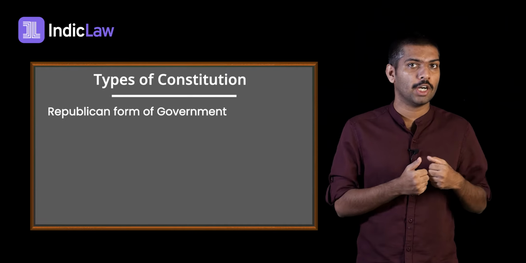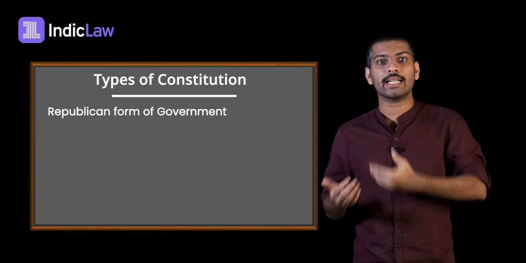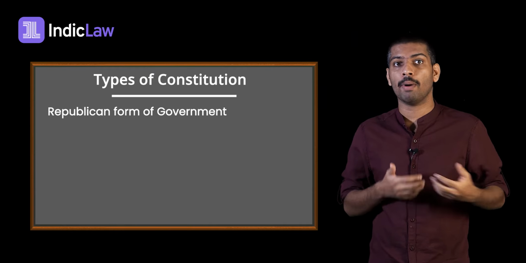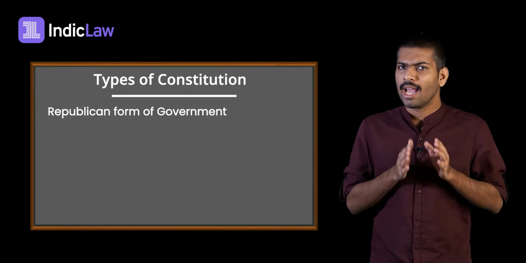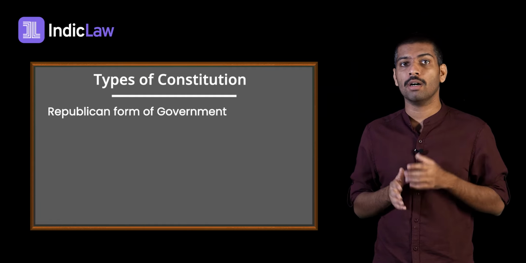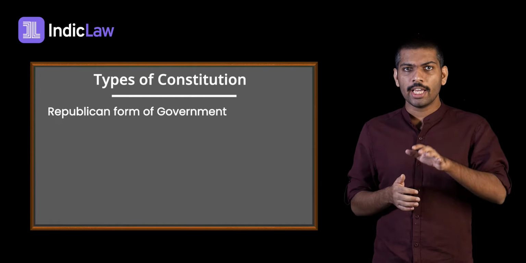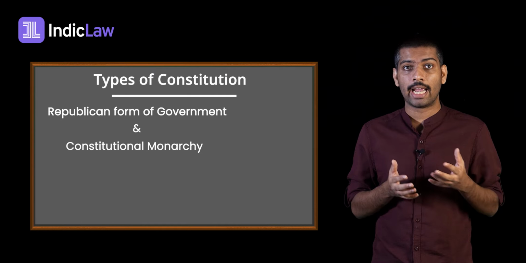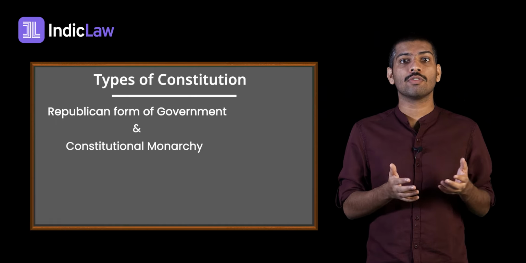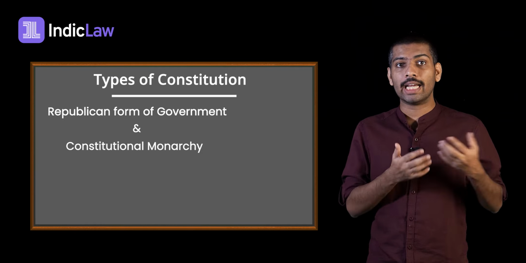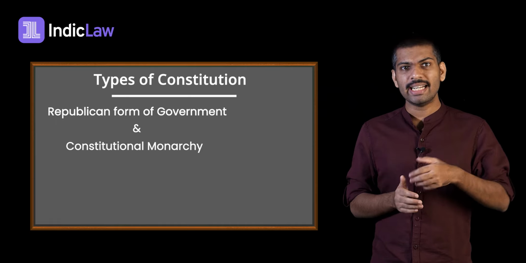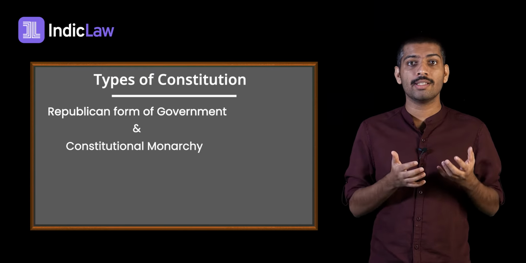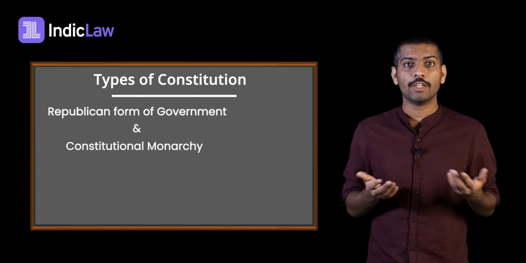In a republican form of government, the head of the state is elected as opposed to being appointed. People are also vested with significant power to participate in the working of their government. As a result, our constitution could be referred to as a republican constitution. In contrast, a constitutional monarchy usually has its head of the state appointed on the basis of heredity. The role of people in their working are also limited. However, in recent times, several constitutional monarchies have sought to overcome this criticism by appointing representative bodies.